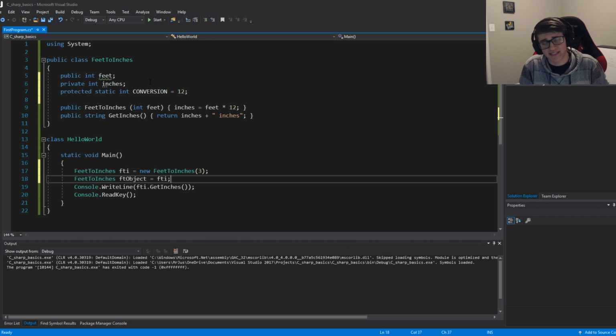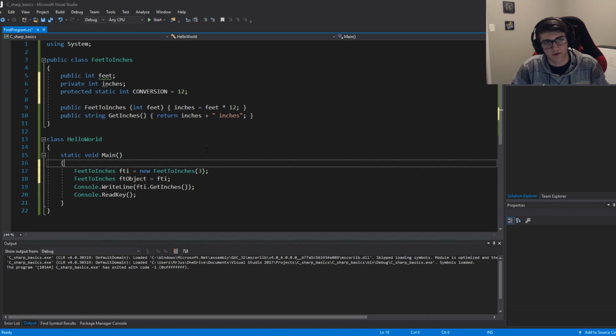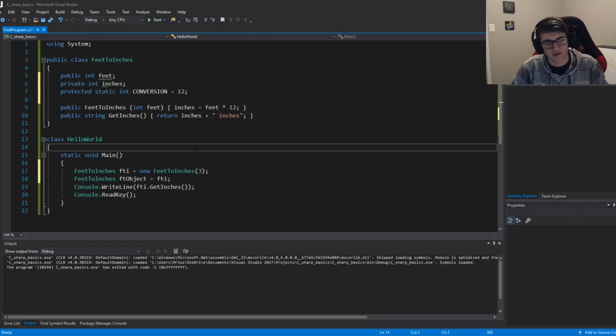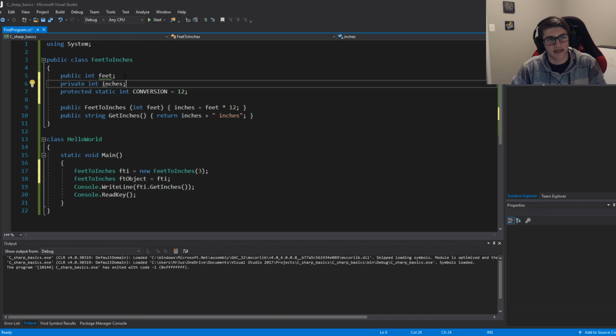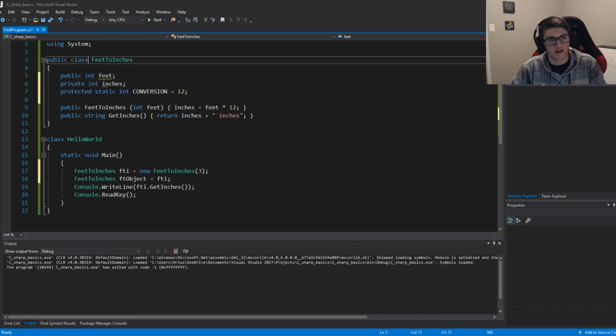There is a way, at least in C++, that you can overload this sort of assignment. It's called the assignment operator, and you can actually make it so that you do not end up copying the location of those two variables. You want to actually have two separate copies, so that if you make changes to one, it does not affect the other. So that problem of copying data members comes when you have a class,